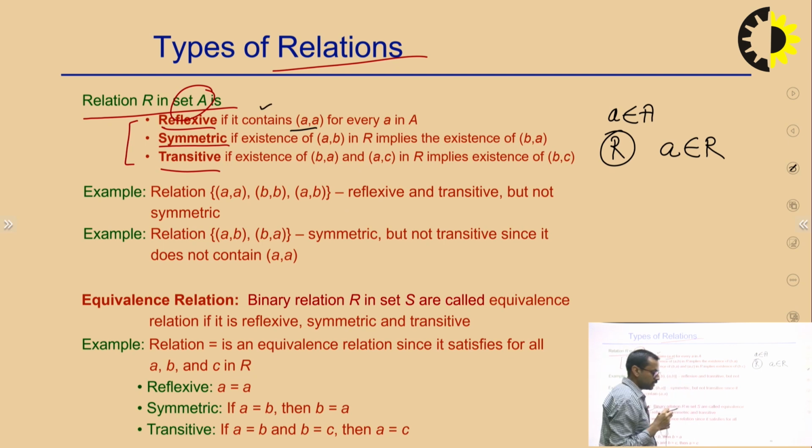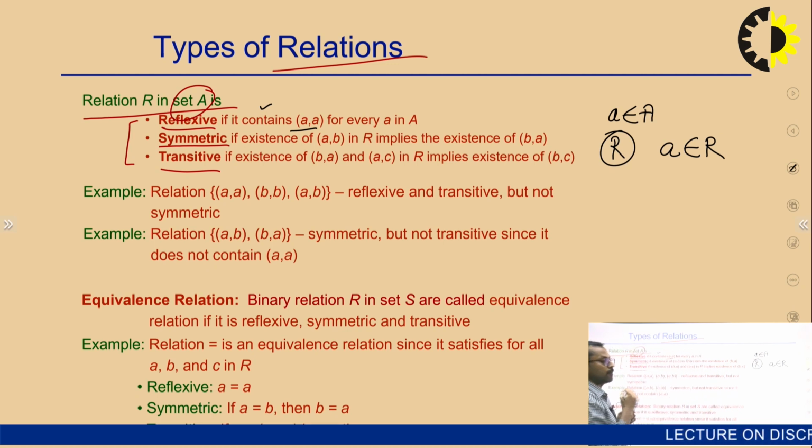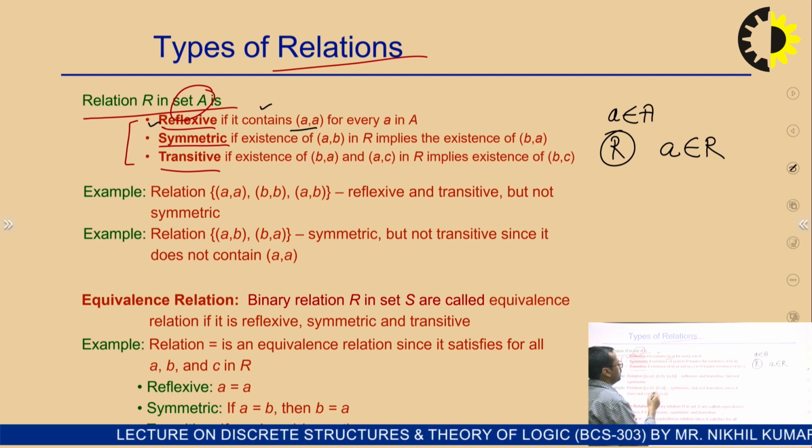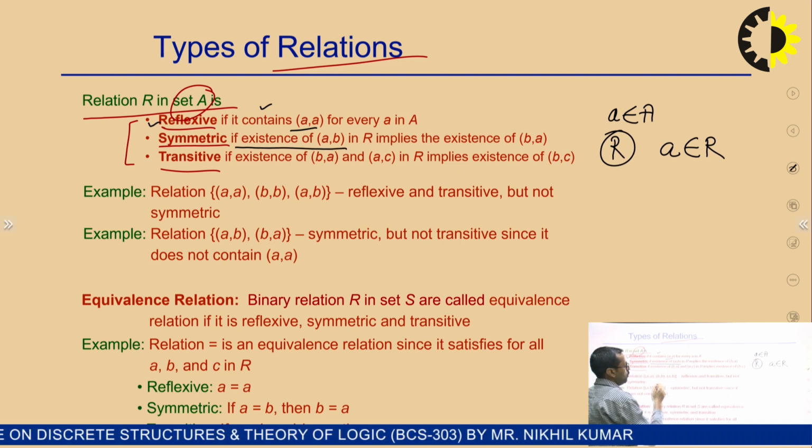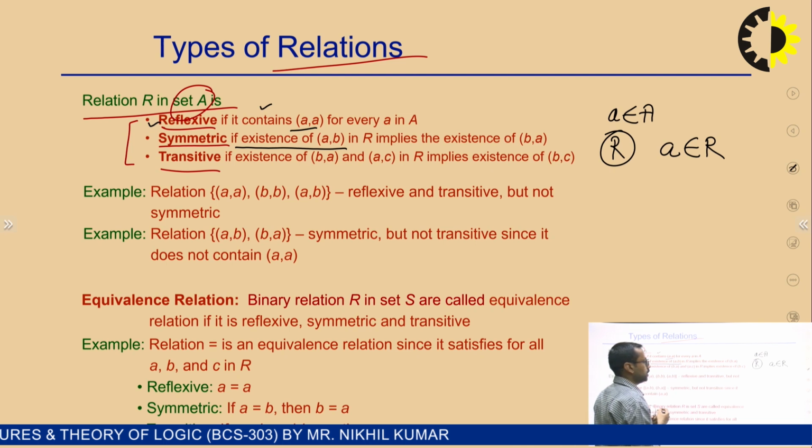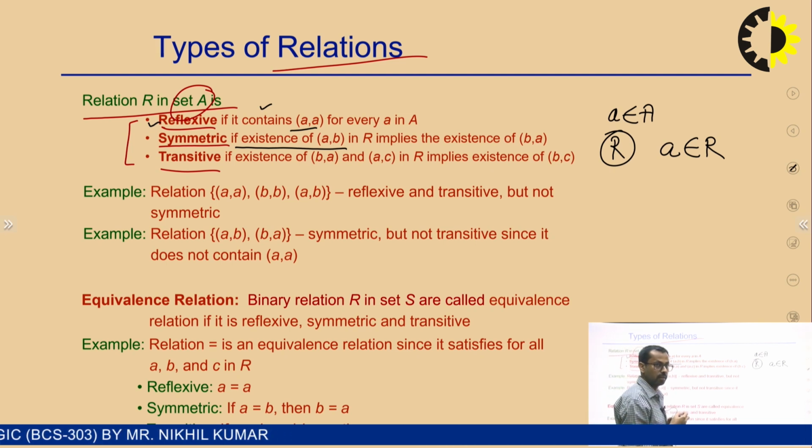That means all the elements that exist in any set A also relate to themselves in the relation, it is called reflexive. For the symmetric, if the existence of (a, b) in R implies the existence of (b, a) also,